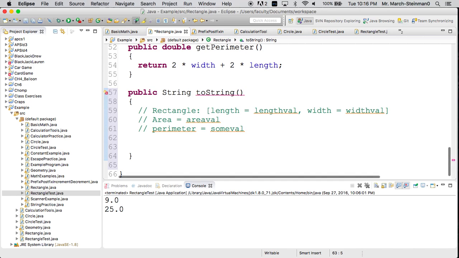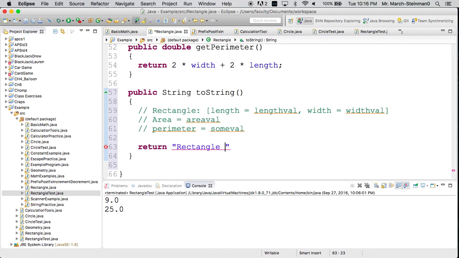And that's pretty useful in terms of just getting a readout of everything in this class all at once. So let's think about how to do that. How would we do that? Well, first we have to return something. We've promised we're going to return a string. So it expects the return keyword. And we need to return a string. So, well, string might look like this. Rectangle. And then we can have our value here, length plus, equals plus length plus, and then let's move to the next line, plus width,